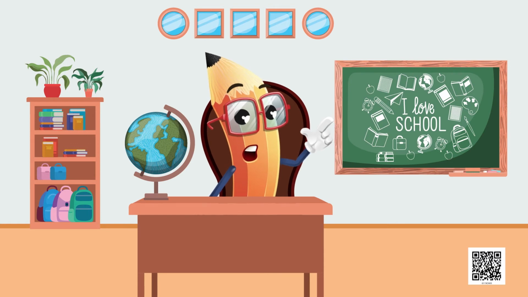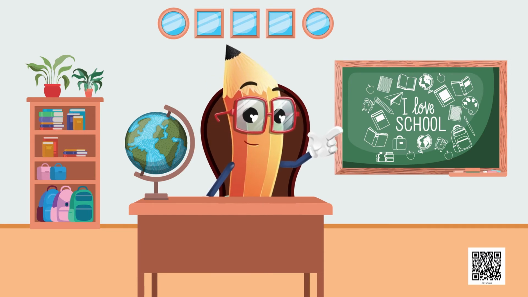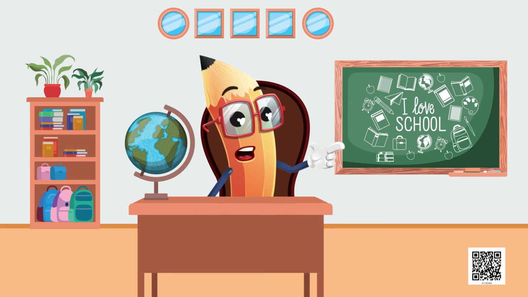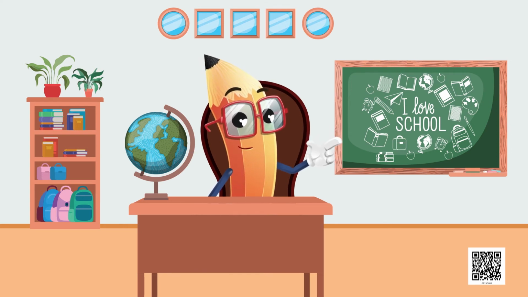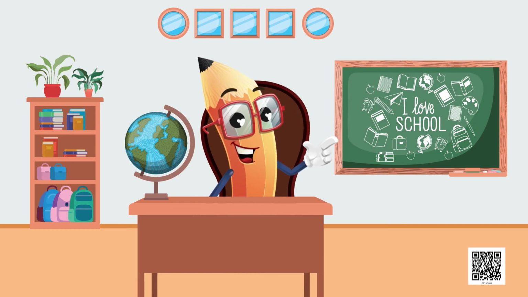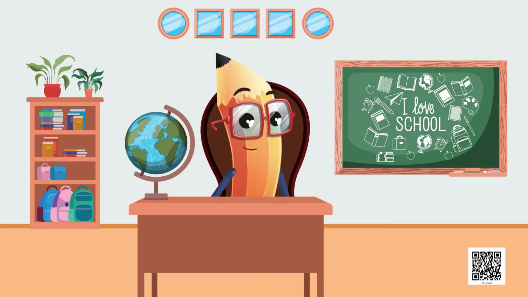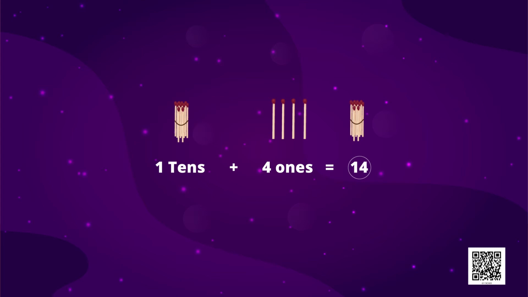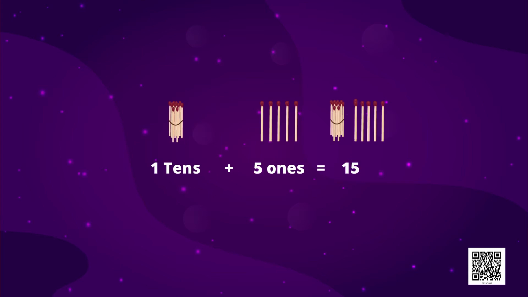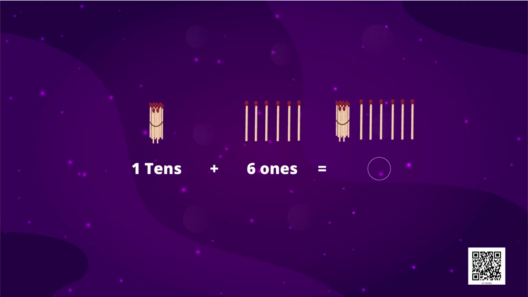Okay, here all the numbers have been made one after the other. That's easy and fun to do. Look here. The picture of 4 sticks is not there. Let's make it. We will have fun. So 1 10 plus 4 ones equal to 14. 1 10 and 5 ones will be 15. 1 10 and 6 ones, that will be 16. We will also have to write in the circle.